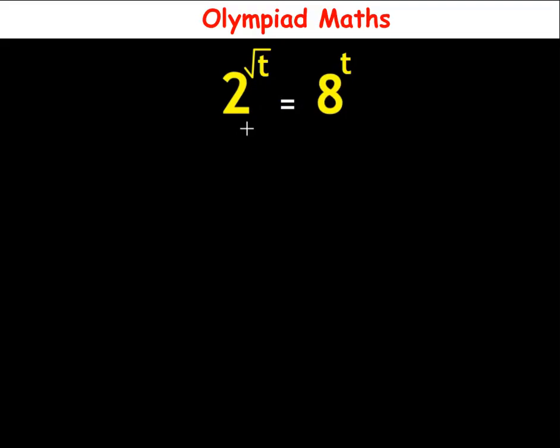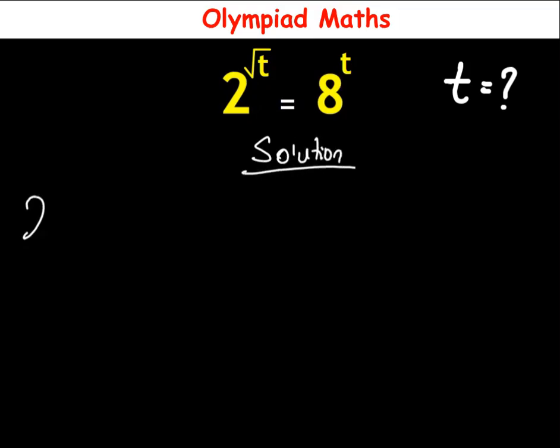Hello, how to solve 2 raised to power root t is equal to 8 raised to power t. And here, we have to solve for the value of t. So t is the unknown we have to solve for. Now, how do you go about it? So, first, solution,